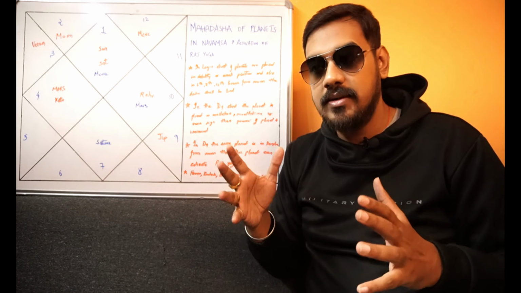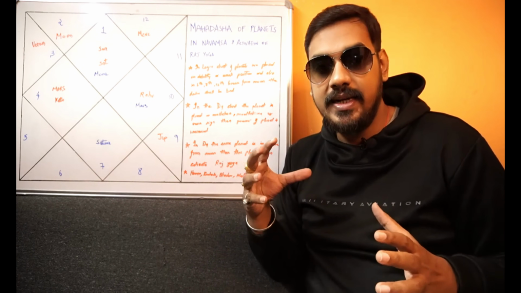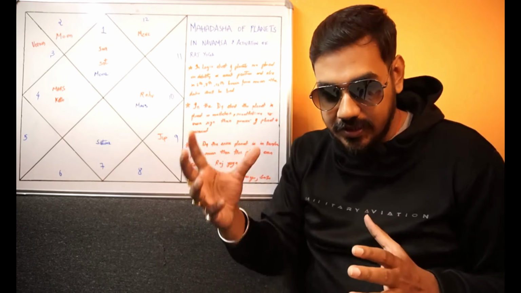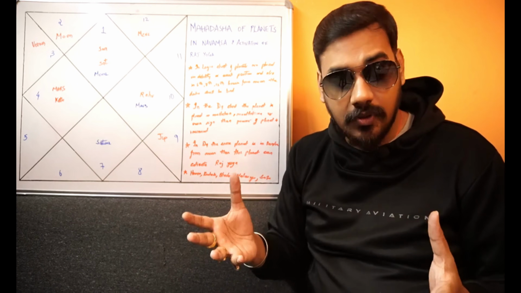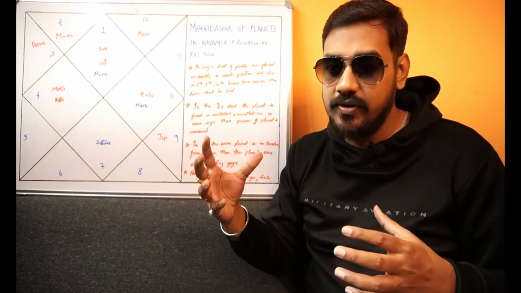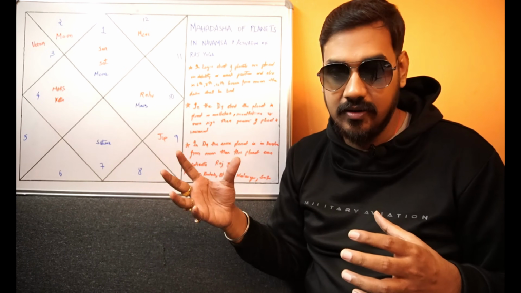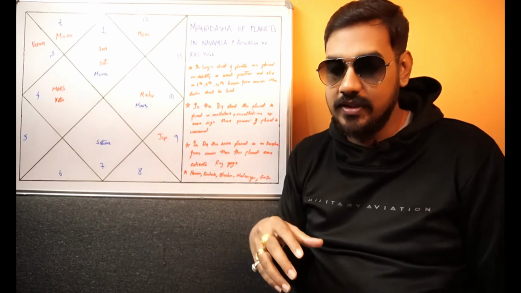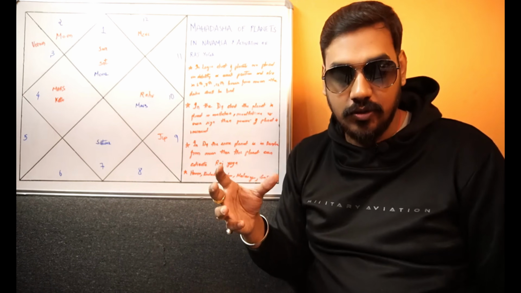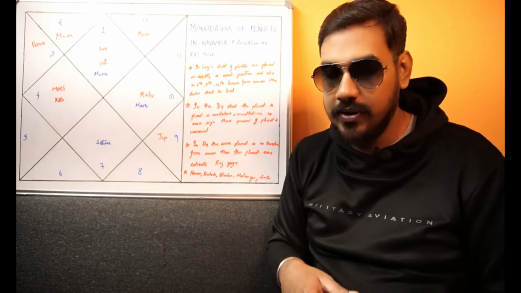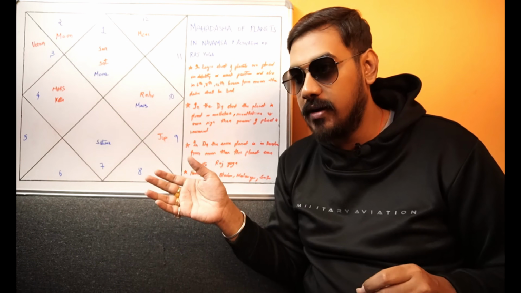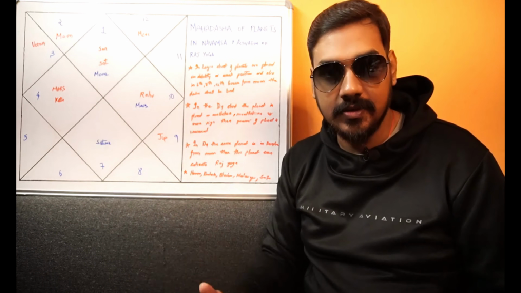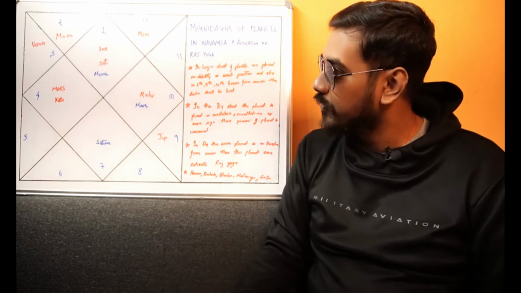So, the general prediction becomes that Saturn debilitated in the 12th house in the moon chart shows that whenever you will run the dasha antar dasha of Saturn, you might have hospitalization, you might have jail visits, you might have isolation, you might have pain in your feet, alright. You can also go to a foreign country and there you can have a very bad experience and suffer, alright.